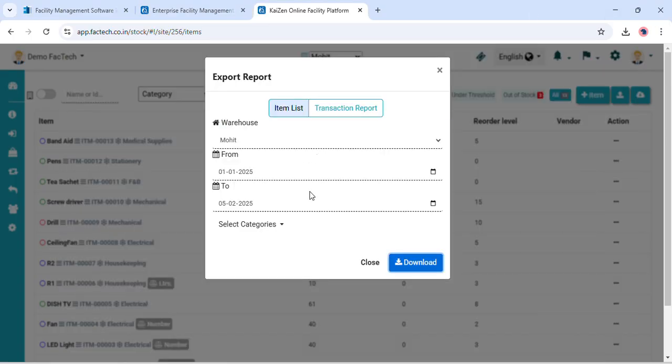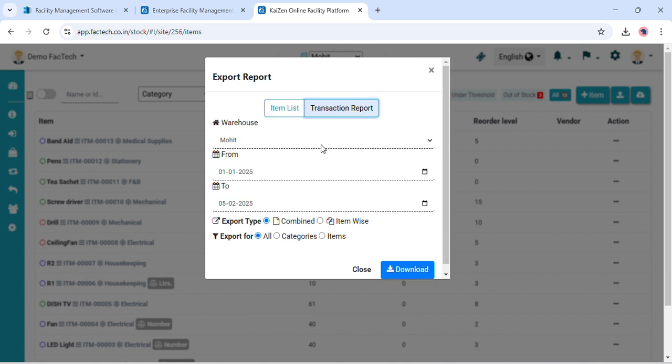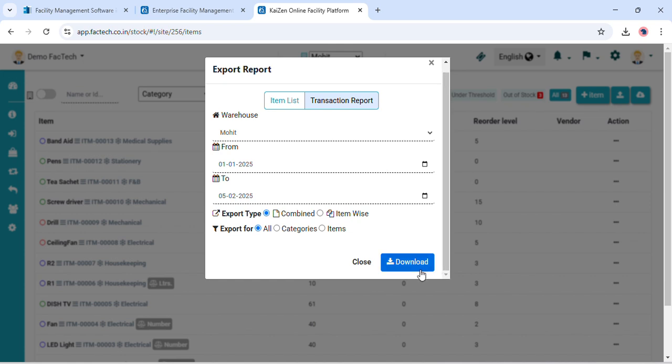And coming to the other kind of report, we have the transaction report as well. So basically for a transaction report, the filters remain the same, from the 1st of January till the 5th of February. And we can export this report as either combined or item wise. So first we'll see what a combined transaction report looks like. And if you want it category wise or item wise, or you can select the all button and it will give you a transaction report across all categories of goods. So if I download this,